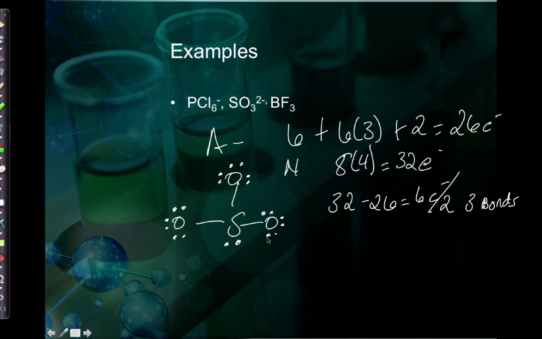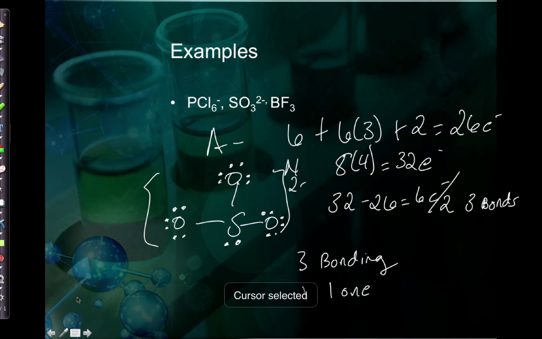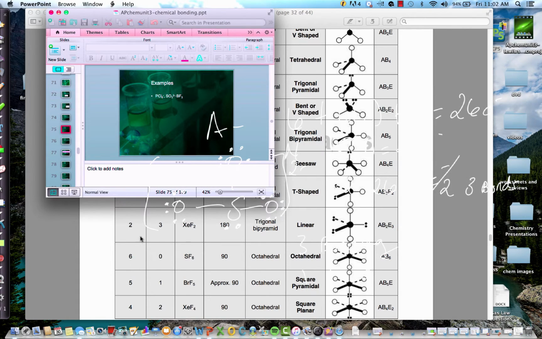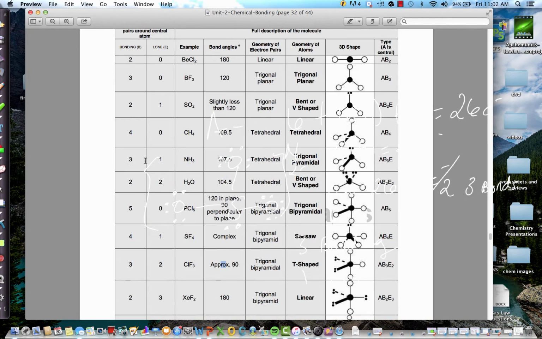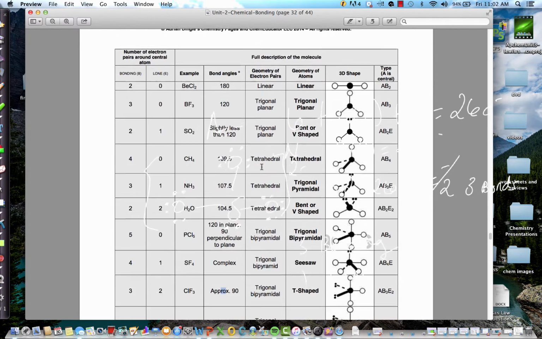All right, so now I can determine my shape. I'm going to look at my central atom. I'm going to count my bonding pairs, 1, 2, 3 bonding pairs. And I'm going to count my lone pairs. I've got 1 lone pair. All right, and then I'm just going to look it up on my table. So 3 bonding pairs, 1 lone pair will be